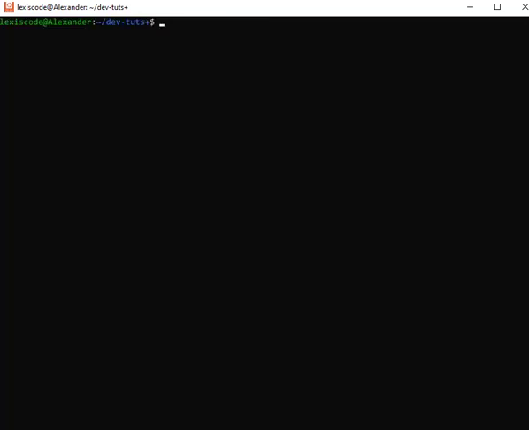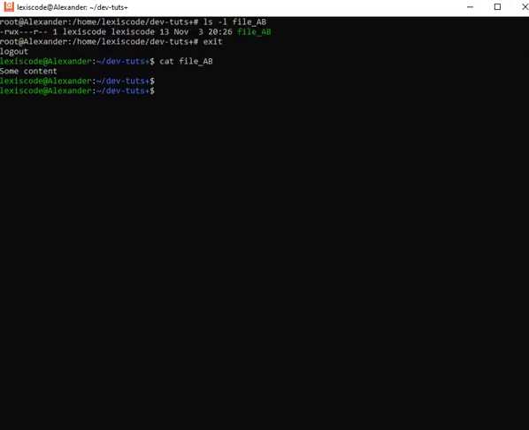Let me scroll this up a bit. Okay, so I don't want the screen to be too congested. Now let's take, for example, I want to create a new account in the same operating system again. Remember, we already have Lexis Code, we already have the default root account. So I want to create a third one, maybe a friend that wants to use my Ubuntu or something like that. So now to create the account,